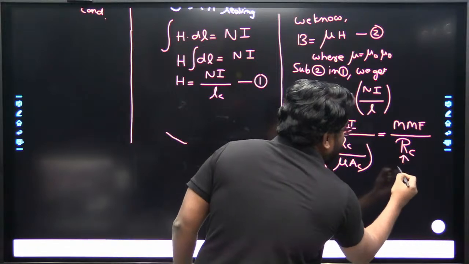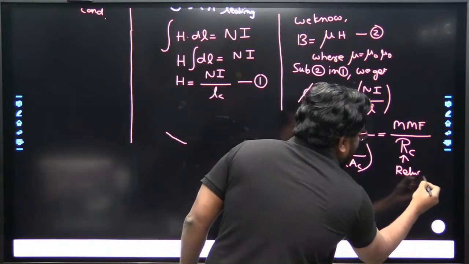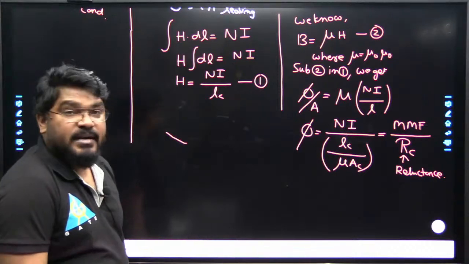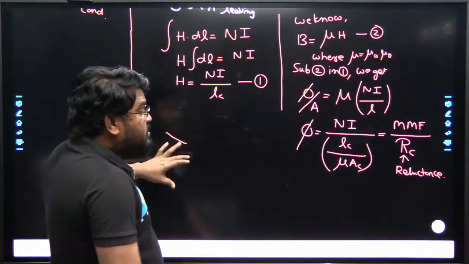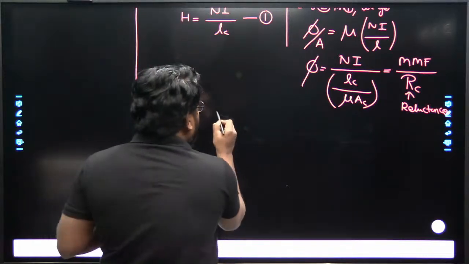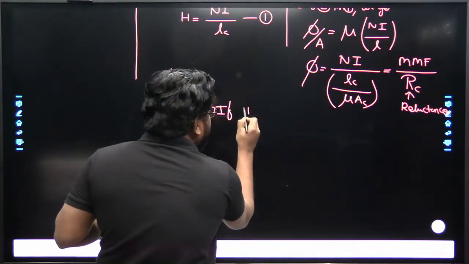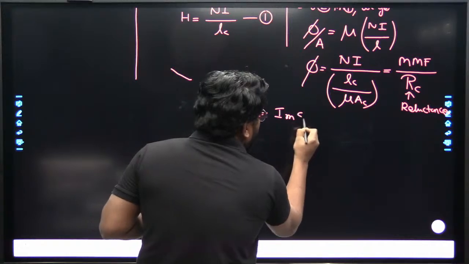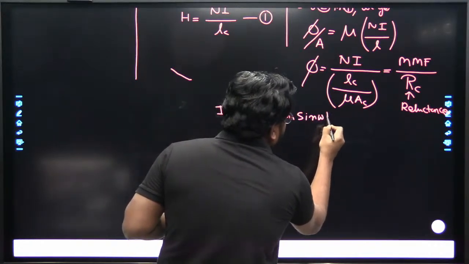It is analogous to resistance. So what we conclude here: if the magnetizing current i mu is equal to Im sin omega t,